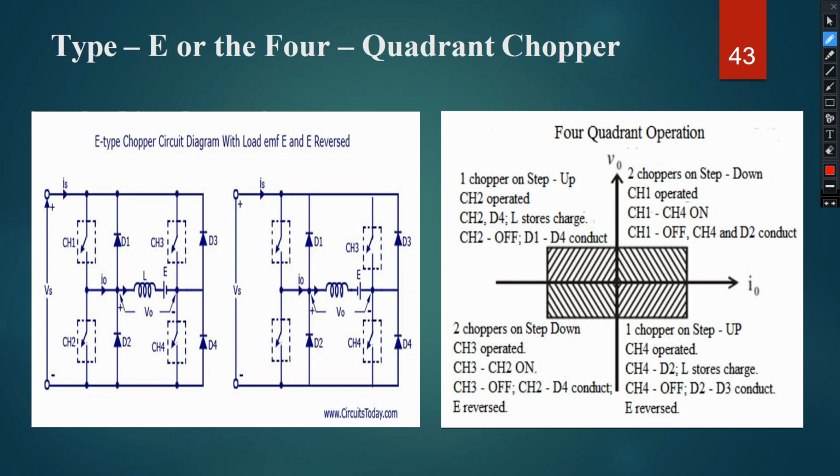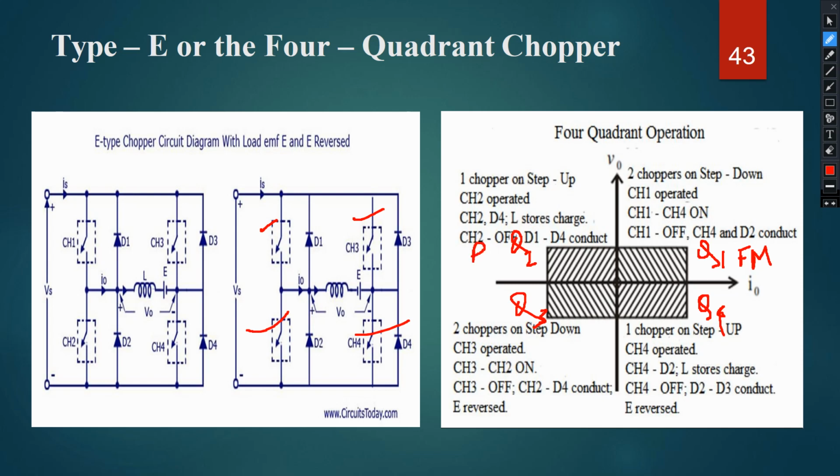It is the most flexible type of chopper, which is called the type E chopper. You can make the output voltage and the current by operating the different switches. There are 4 switches over here, this one, this one, this one and this one. By proper combination, the combinations are given over here. You can shift the quadrant of operation from Q1 to Q2, Q1 to Q3, or Q1 to Q4. When it is in Q1, it is known as forward motoring or FM.